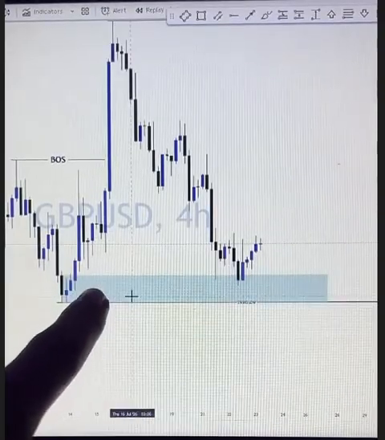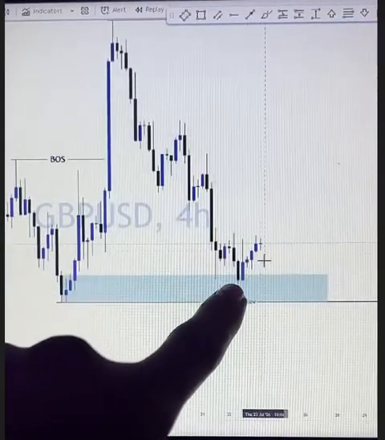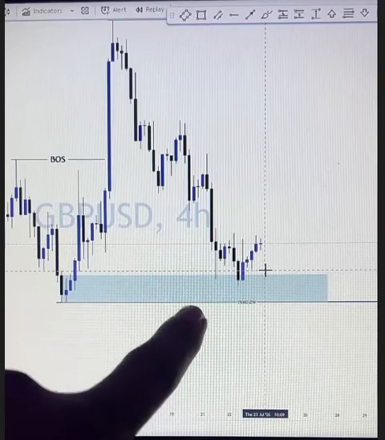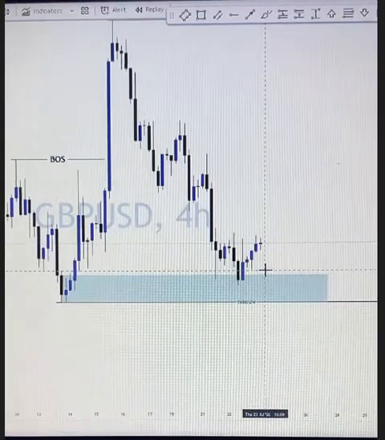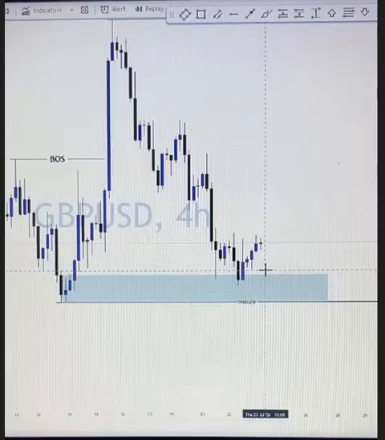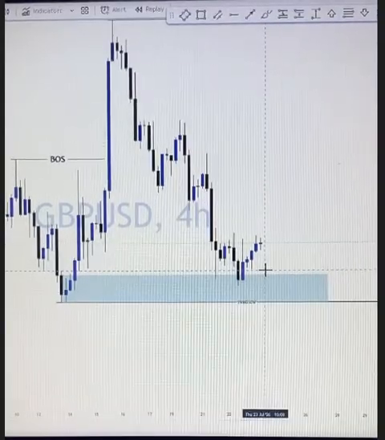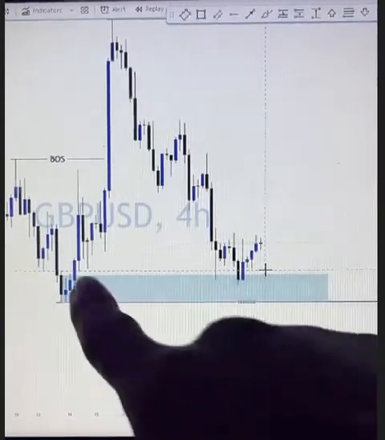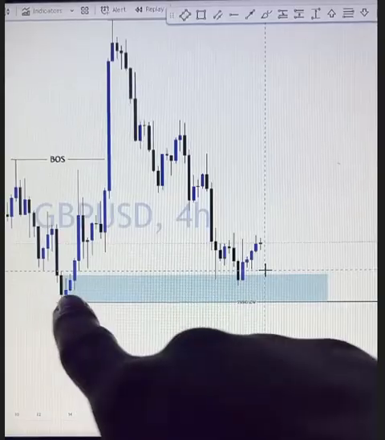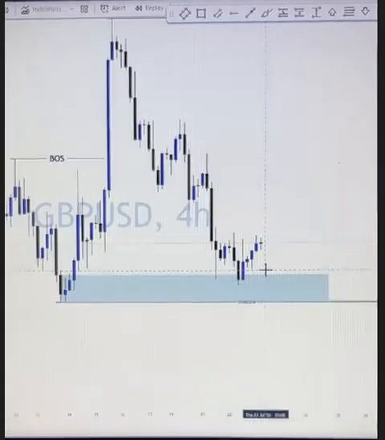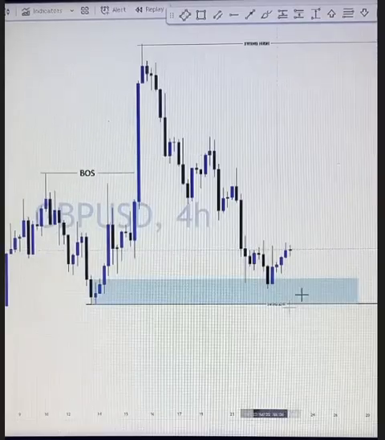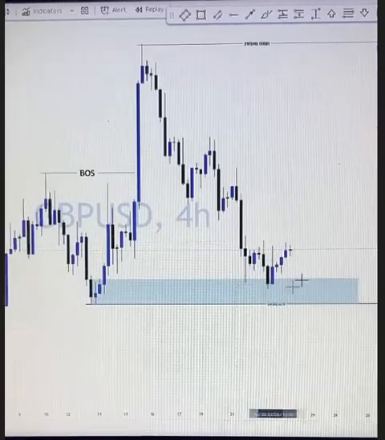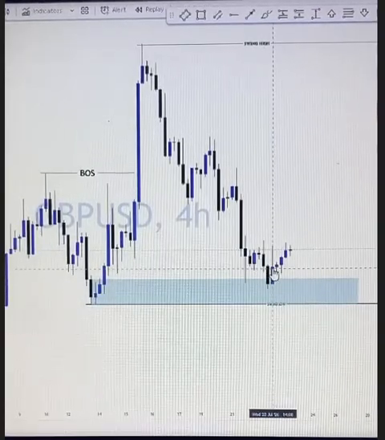Okay, so all we have to do is drop down to 15 minutes. On 15 minutes, we want to find out the direction, if we are still bullish or bearish. Are you seeing it? Because this is our key level where price is reacting. The next thing we want to do is to find out if price can give us a buy formation on 15 minutes.